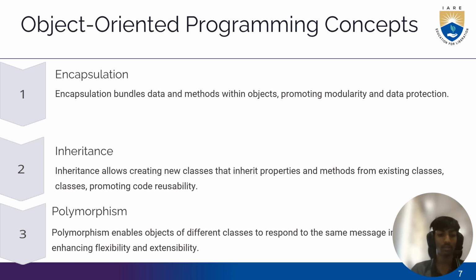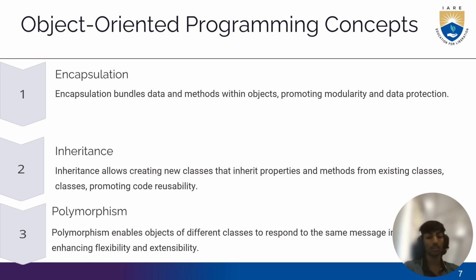And the second one, inheritance. Inheritance allows us to create new classes that inherit properties and methods from existing classes, promoting code reusability. Inheritance is another core concept of object-oriented programming that allows one class, also called a child class or subclass, to inherit properties from another class, also known as the parent or superclass. It promotes code reusability and establishes a relationship between classes. And the third one,